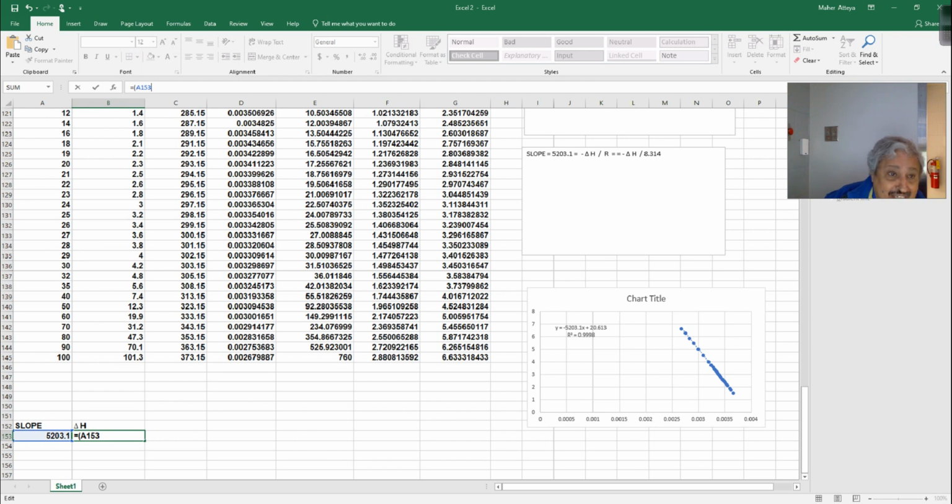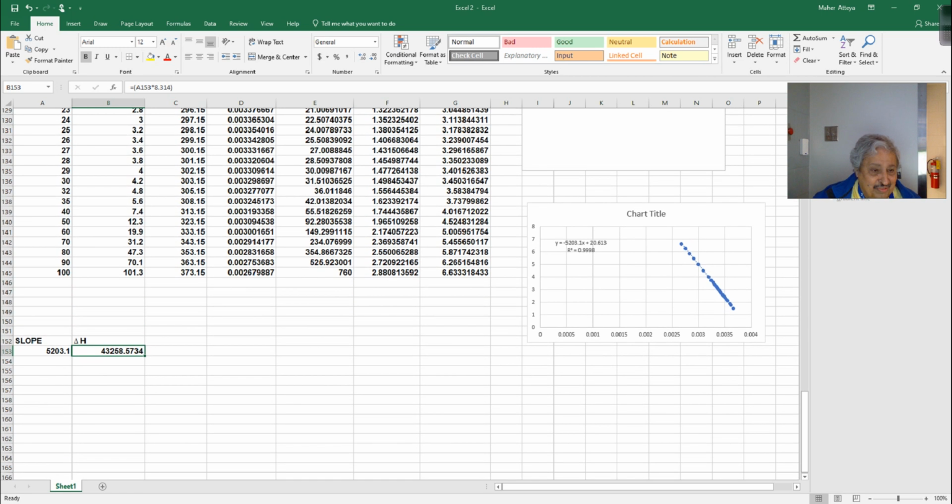A punishment today is a real punishment. I can't think. 8 multiplied by 8.314, and close the parentheses. So that will give me the value. I did not do anything, I just calculate. So let's see. The value is